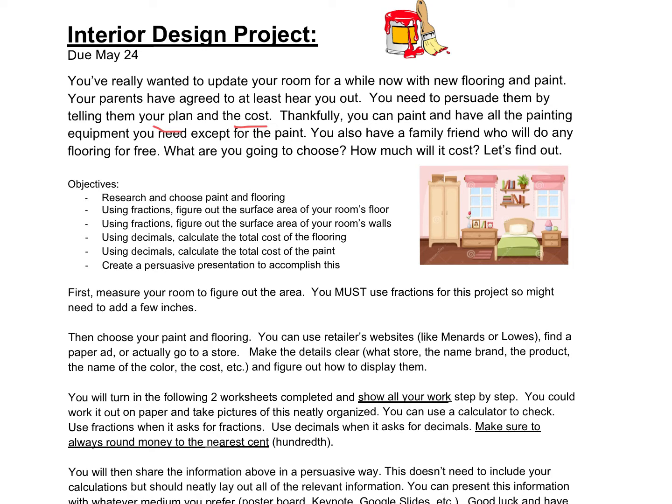So here are your objectives. You're going to research and choose the paint and the flooring. You're going to use fractions, mixed fractions, to figure out the surface area of your room's floor. You're going to use mixed fractions to figure out the surface area of your room's walls. You'll use decimals then to calculate the total cost of the flooring, and use decimals to calculate the total cost